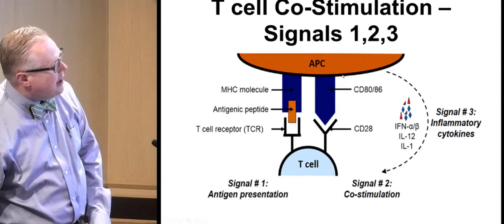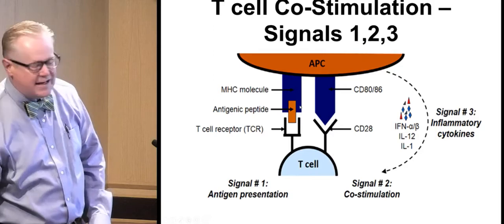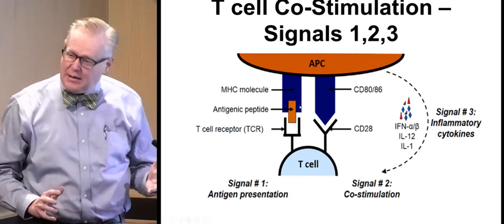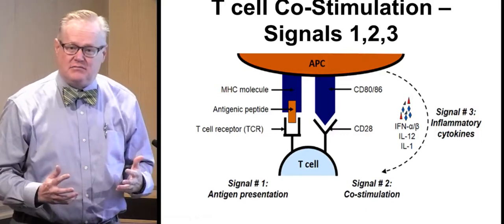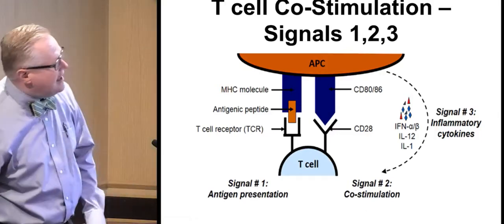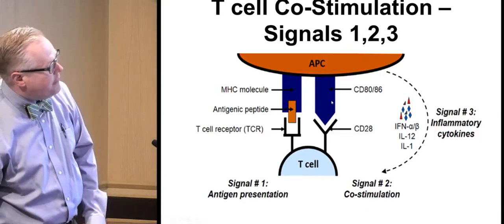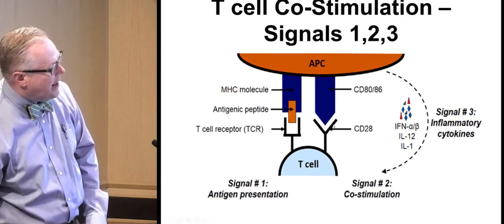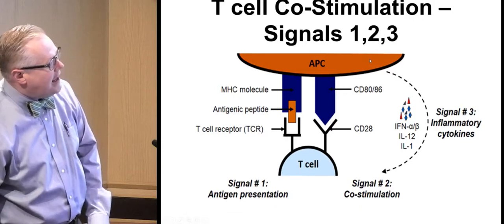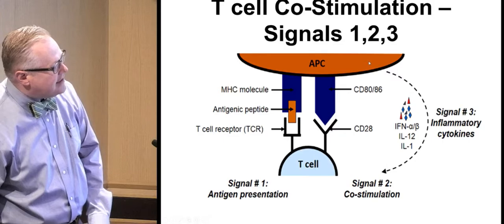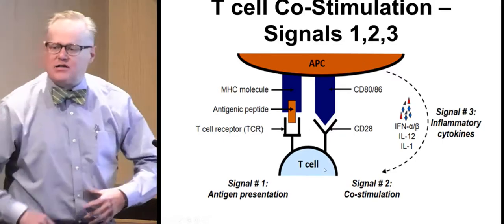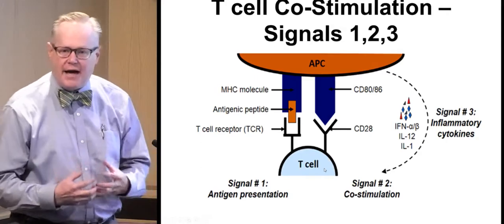Signal number two comes from these co-stimulatory molecules, CD80 and CD86, binding to CD28 on the T cell. Now, if the T cell only gets the first signal, it gets interested, but it doesn't get activated, okay? It requires this second signal from the co-stimulatory molecule binding to CD28. The antigen-presenting cell then secretes a bunch of cytokine that gets the T cell really angry, and it starts to grow and divide and become activated. All right, now,